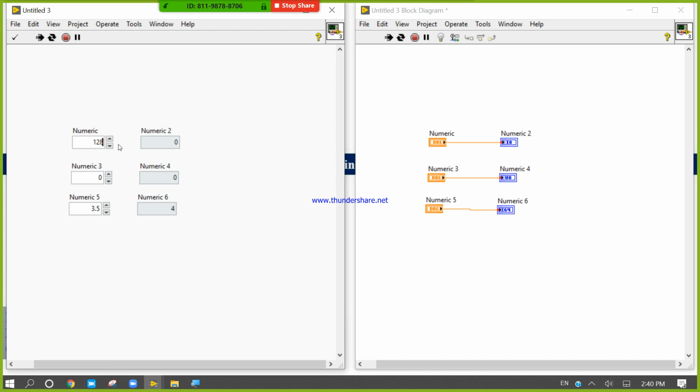If I write 127, output will be 127. If I write 128, output will be 127 for I8. For the unsigned one, 257, so output will be 255. So it will not go beyond.